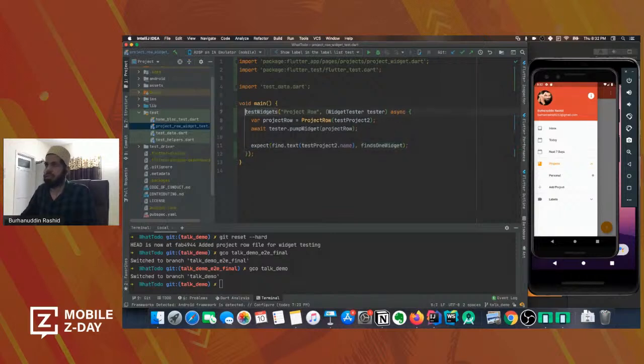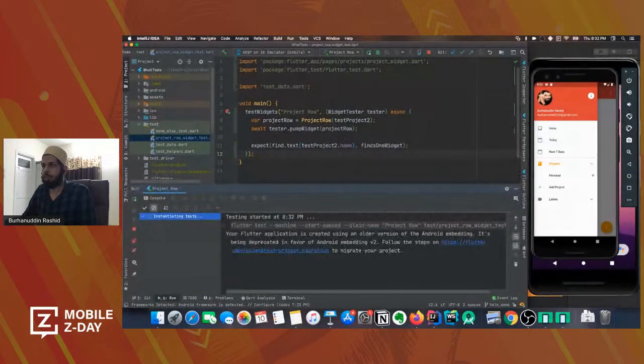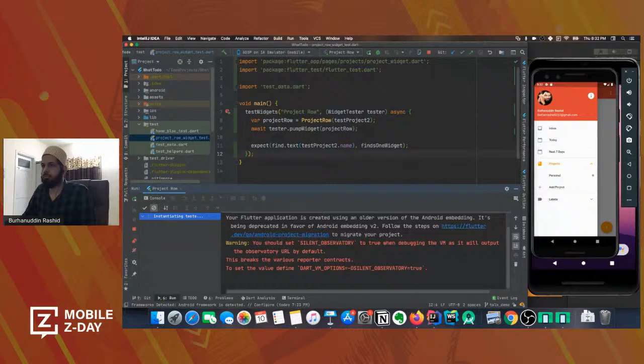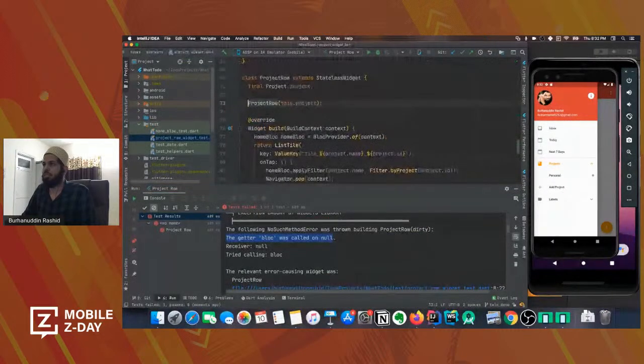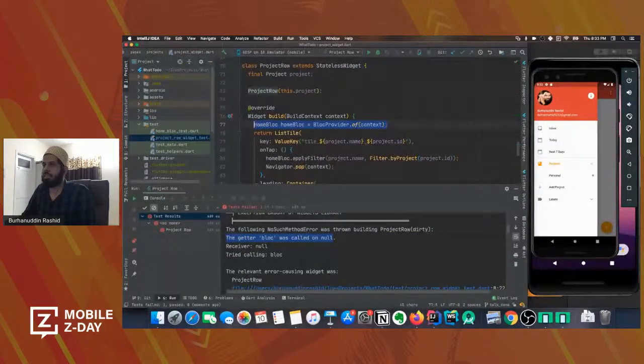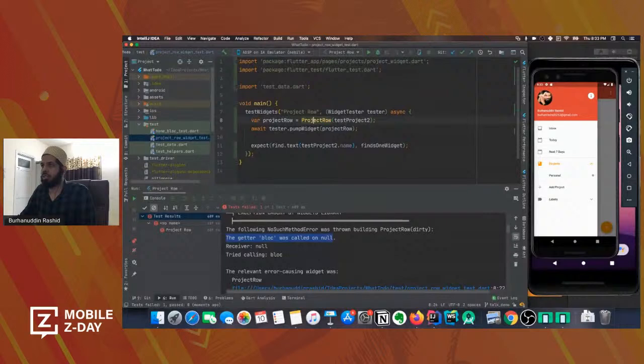So if I run this test, then let's see what happens. The test failed, saying that the block is null. So let's see why it's null. Because when we go into the project, we see that we are accessing the home block here, which is coming from its parent. But since we have not defined any parent here, it's not able to get a home block and it's failing. So one way to fix this, we need to wrap this